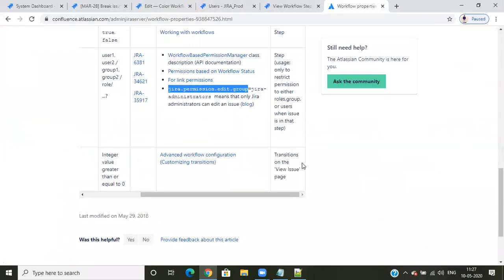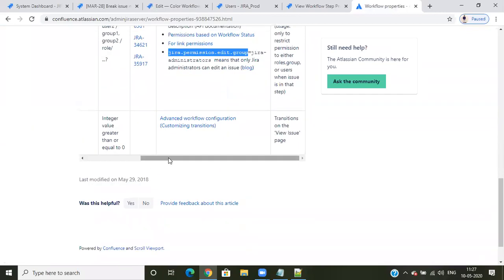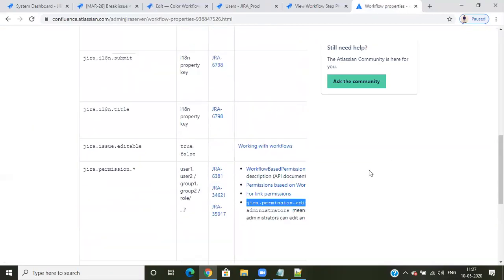Okay, so next, group one, group two, or something like this. Important is the transition sequence as well.